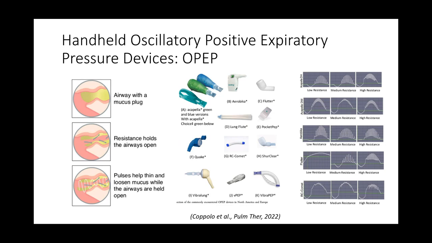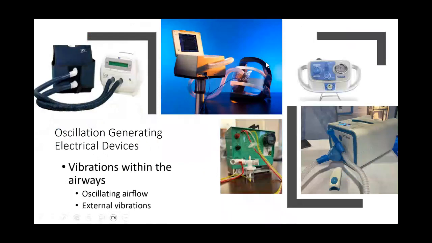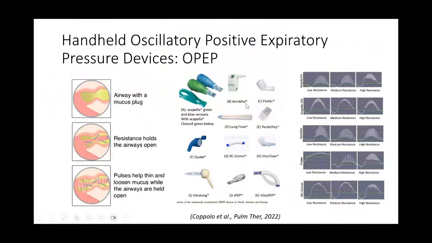Some of the devices you'll have to tune to the patient, and we've got examples in the middle. There are also devices, for example, the Aerobika, which will allow attachment of a nebulisation device, which can be useful if patients are needing nebulisation prior to or during treatment. Again, some devices you may need to fine tune to the patient, and you will have to teach the patient